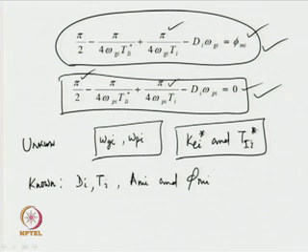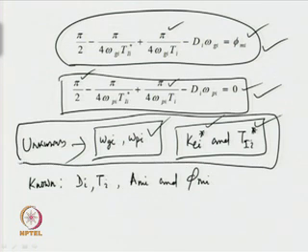Unknowns are omega g I, omega p I, the crossover frequencies, and the proportional gain K C I star and the integral time constants T I star. So, with the 4 equations, 4 unknowns can be evaluated. Instead of solving a set of nonlinear equations to estimate the 4 unknowns, with little manipulation